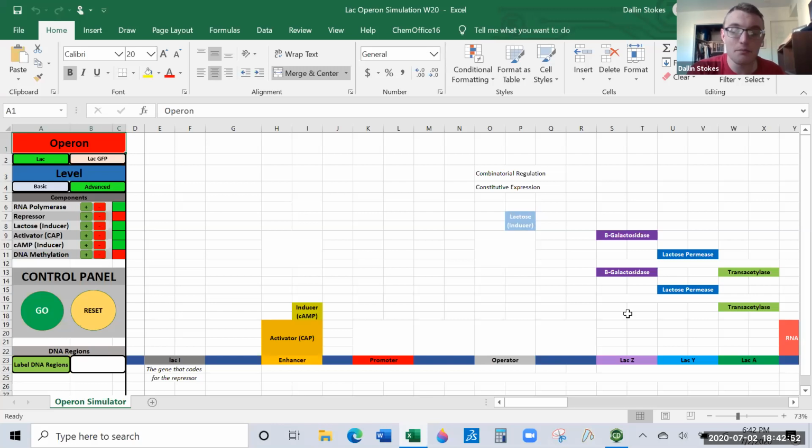That means there will be nothing to stop the proteins that would be dividing the cell from being made, and so the cell would constantly divide, and we call that cancer. That's one of the ways you can get cancer, is by causing constitutive expression of proteins that are responsible for dividing the cell. And so when they're constitutively expressed, there's no way to stop the cell from dividing, and so we call it cancer.